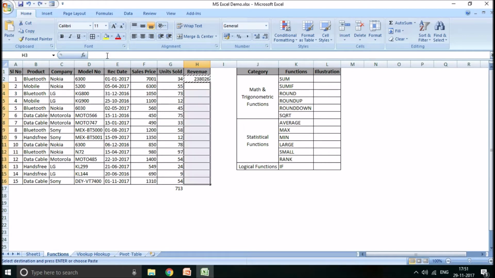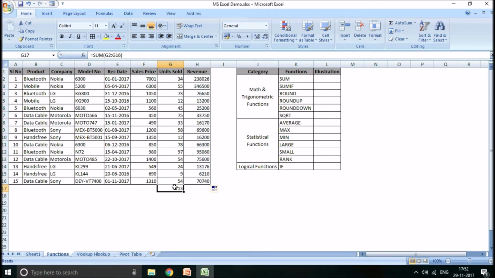Alright, so either you can do that, or as I showed in the initial demonstration, you can go to this particular place where the cursor will turn into plus, then drag the same formula. It will again copy the formula, not the content. Alright, so this was about working with formulas.